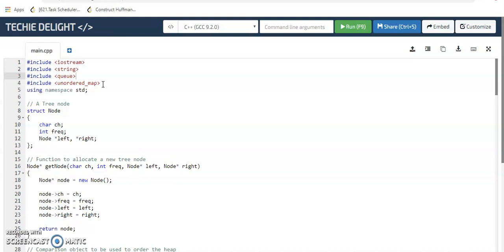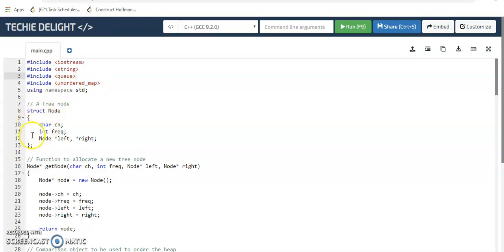First step is to get the frequencies of each character from the input text. Second step is to build the Huffman tree and assign the binary code to each character. Third step is to encode, that means replace each character of the input text with the associated binary code. And fourth step is to decompress it, that means decode it by replacing each binary code with the associated character.